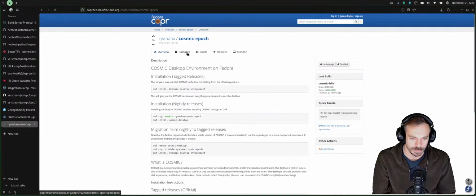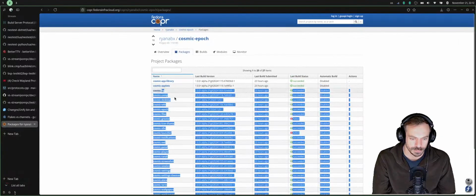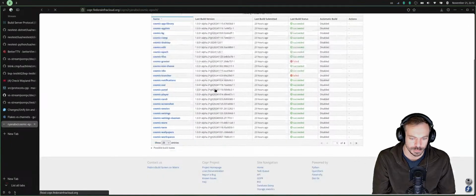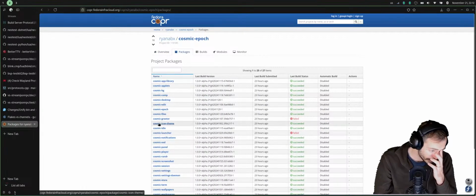So if you import this Copr, then you can download all the packages from there.